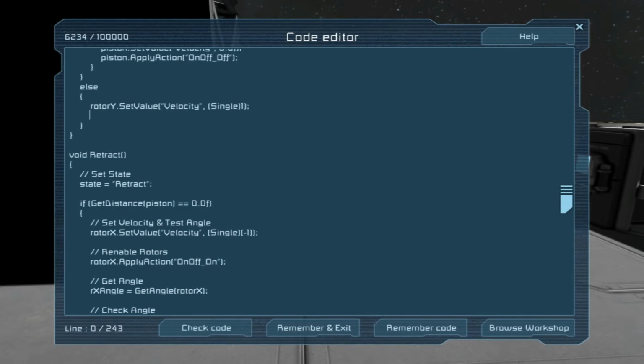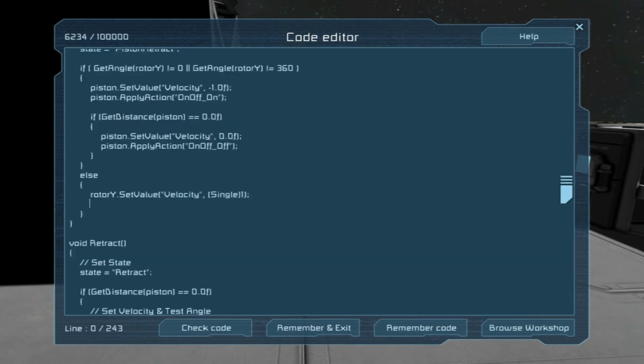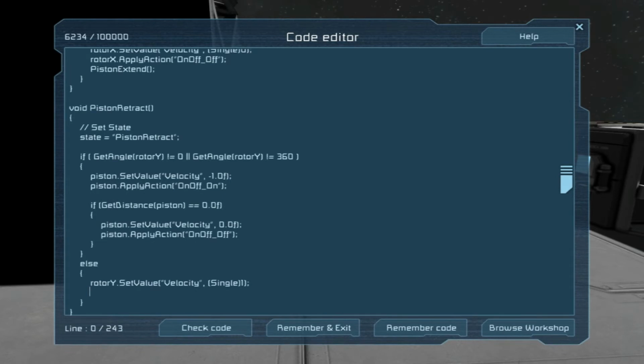Yeah, I think this will work, because this will keep, if the piston hasn't retracted, it defaults to piston retract, and that way if the angle for the rotor isn't set up correctly, then we set the value to 1, and then it's going to run through everything again. Actually, we don't need this, because we can handle this in one line. And that way it'll just keep setting the velocity until, and it'll keep checking the angle every second, and once the angle is equal to 0 or 360 depending on which direction it's spinning and where it ends up, then